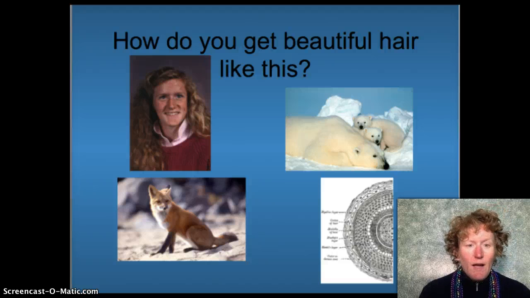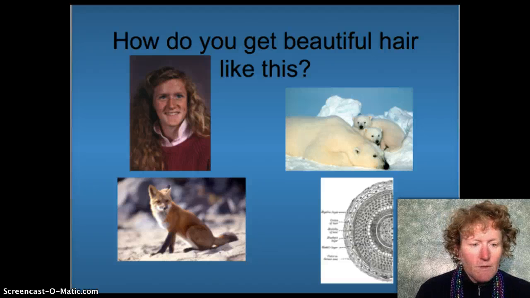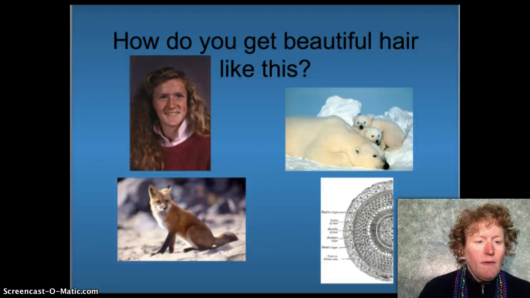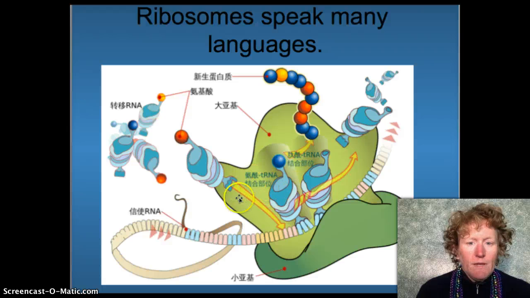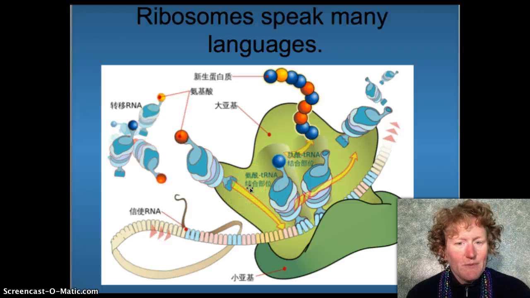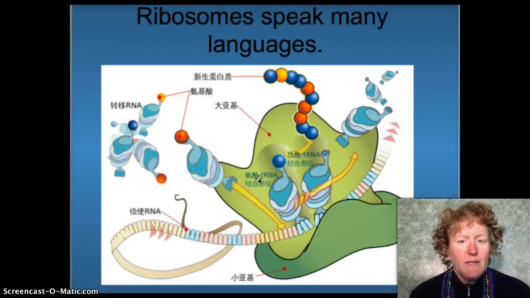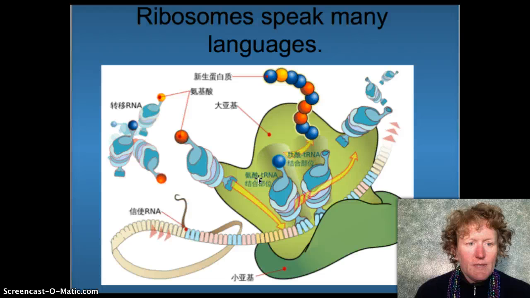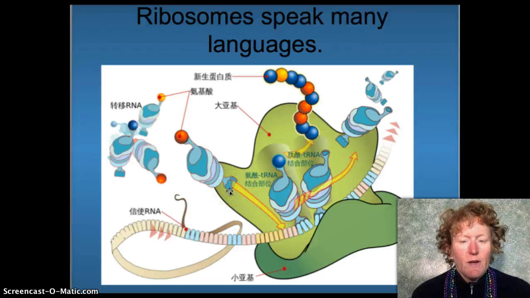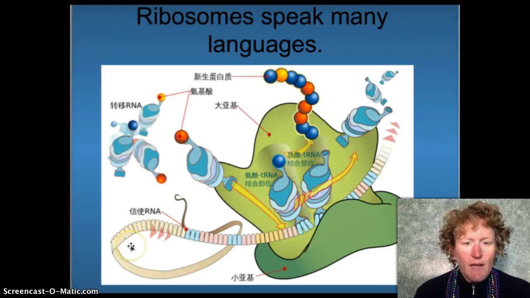So now you know how to get beautiful hair. Your scalp cells make it, and they do it right here in the ribosomes. Ribosomes, of course, speak many languages. This is an interesting diagram of Japanese. See if you can explain it to yourself. Pause the video, give yourself a minute or two to try to name all the parts and explain how it works to yourself. If you guessed this is the ribosome, this is the tRNA,